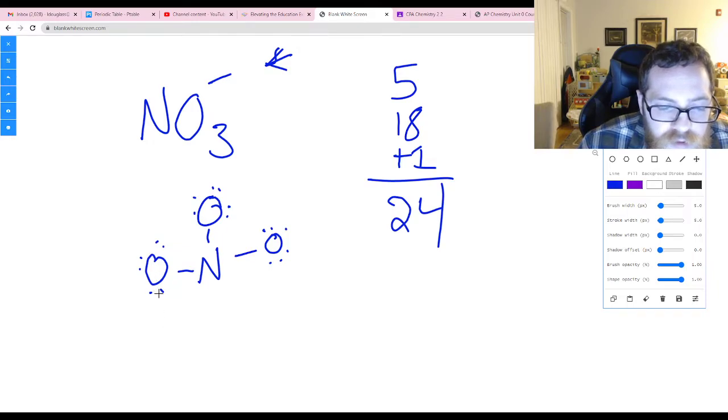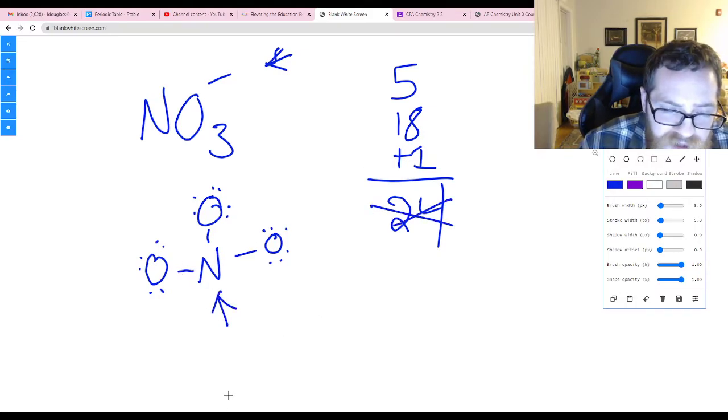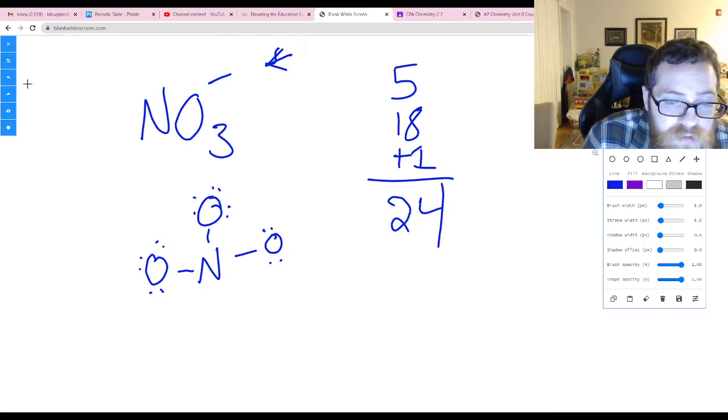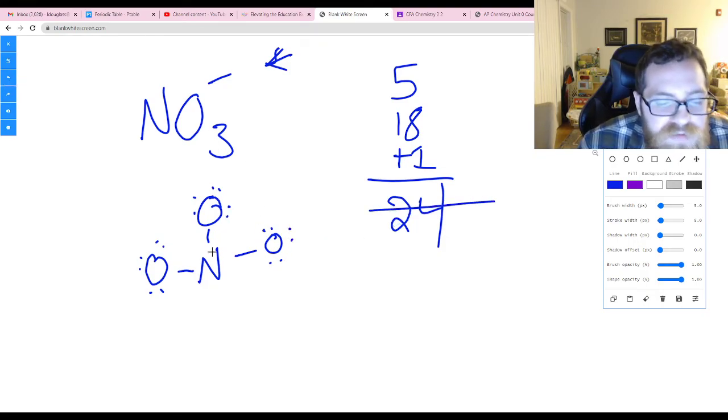This used 2, 4, 6, 8, 10, 12, 14, 16, 18, 20, 22, 24 electrons. We've used up every single one. However, we still have a problem. Nitrogen only has 6 electrons. So we need to give nitrogen access to 2 more. We can do that